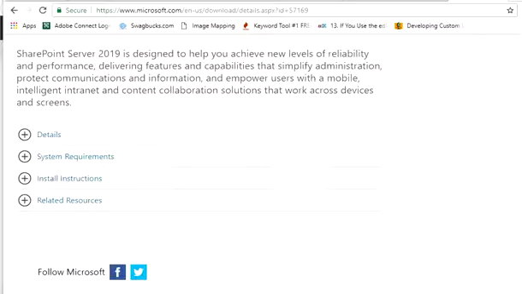All right, so this is the page from where you have to download SharePoint 2019. When you go for the download, first of all check the other pieces of information because that will be very important. And one more thing, before I went for the installation of SharePoint, I had my SQL Server 2017 installed and ready. I have already published a video about SQL Server 2017.